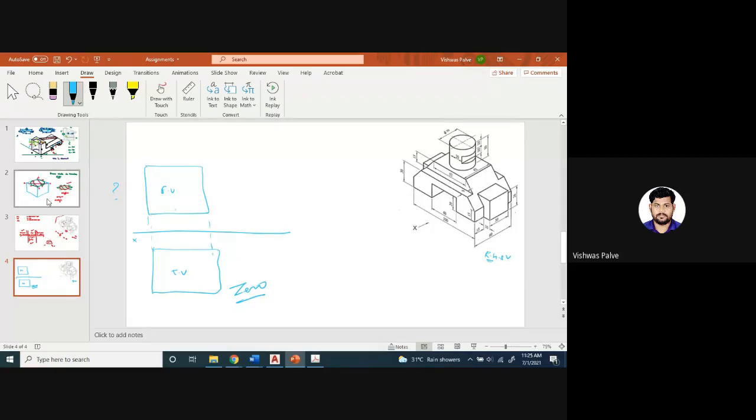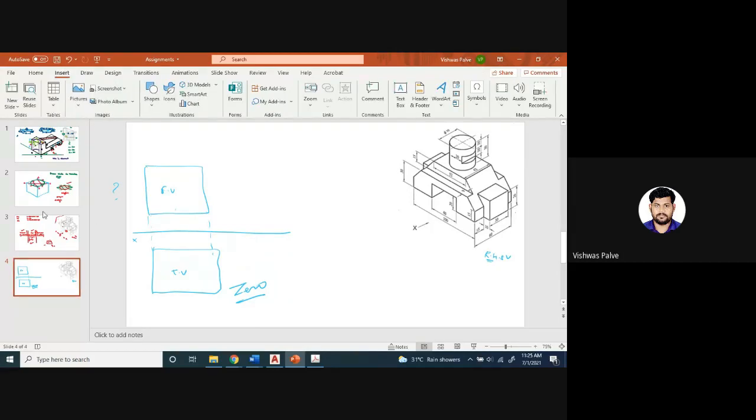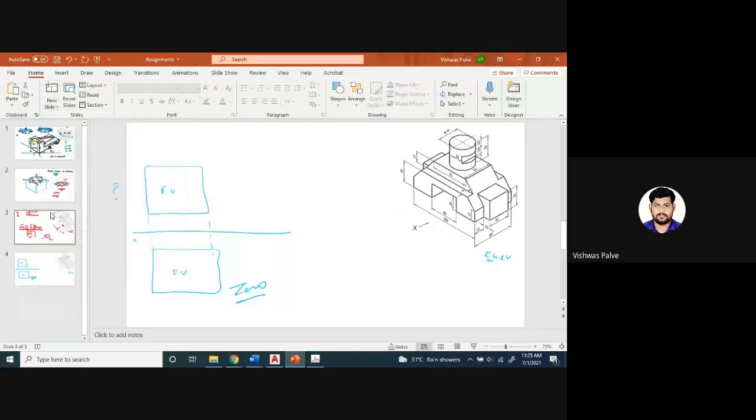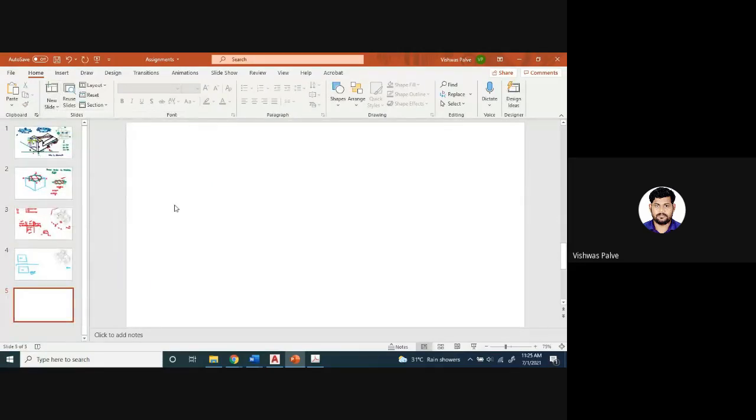I have seen, while evaluating some papers of the previous batches, that few students, what they do, one second, just let me add one more slide there. Yes, so in that, they draw the front view here, and they draw the top view and side view somewhere here.